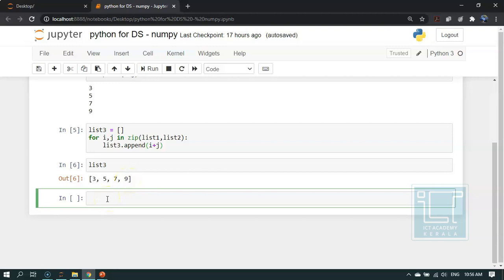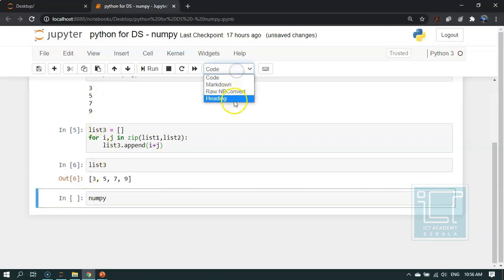This is a bit difficult, right? In order to get the sum of values in two lists, we have to write these many codes. To overcome these difficulties that we face during different numerical operations, we have a library in Python to do these arithmetical operations in a much easier way, and that library is called NumPy. As rightly mentioned before, NumPy stands for Numerical Python. So we will now move to NumPy.